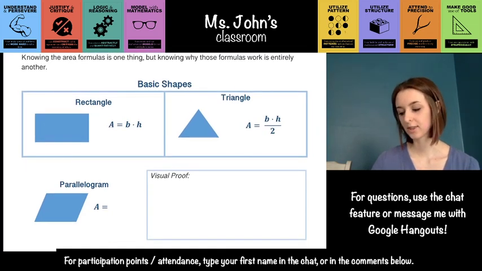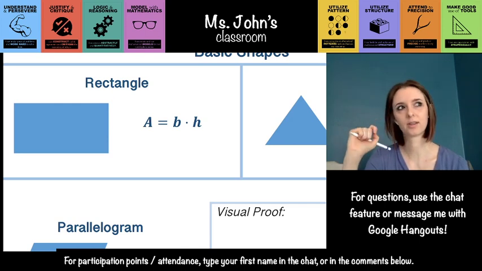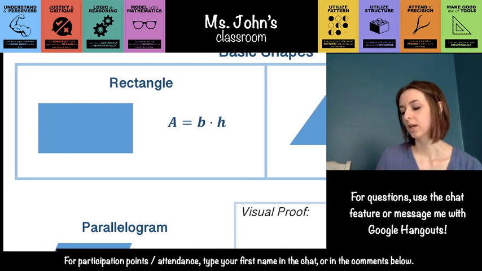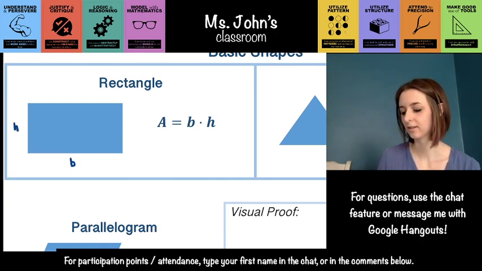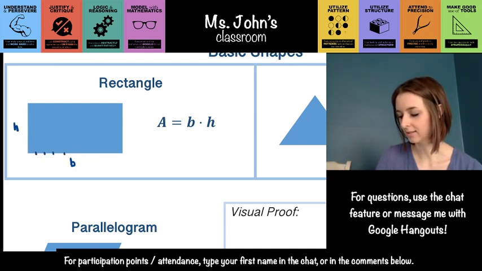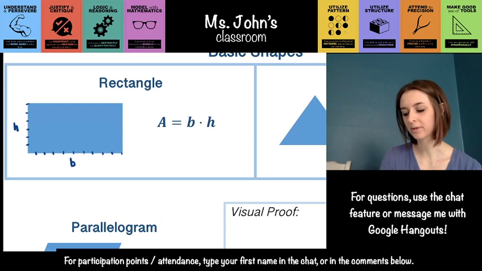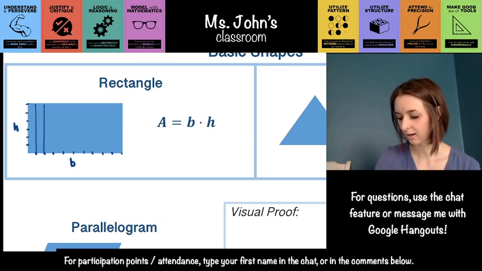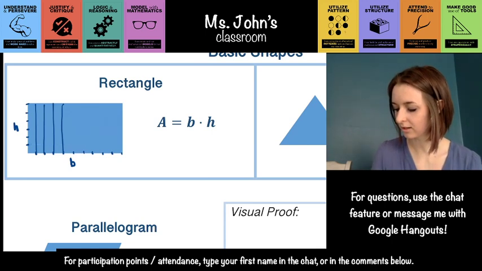So, first, I think it's important just to preface that squares fit into a shape. For a rectangle, we usually label the base and the height, with the base on the bottom. The base is how long it is on the bottom, and the height is how tall it is. And when you multiply those two numbers together, you're counting how many of these little squares fit into this entire rectangle. I can't do it perfectly, but